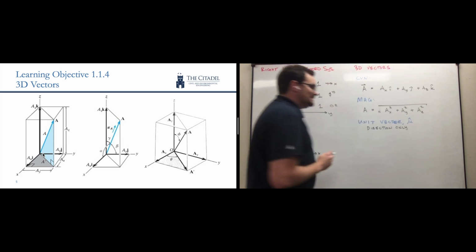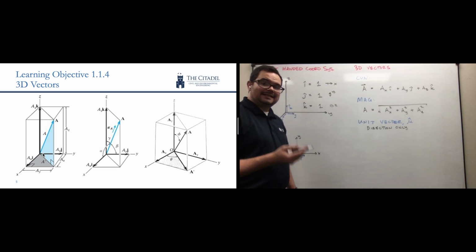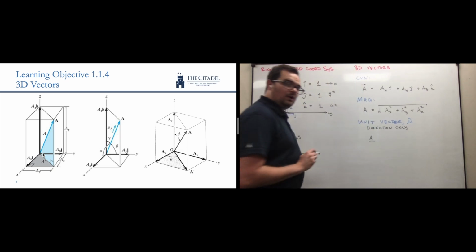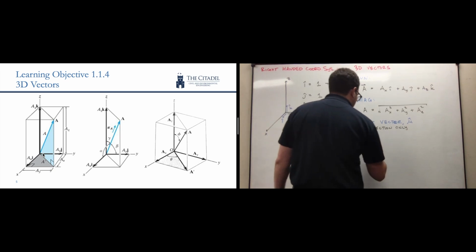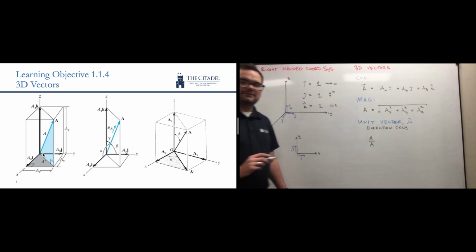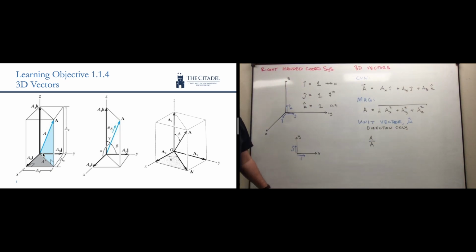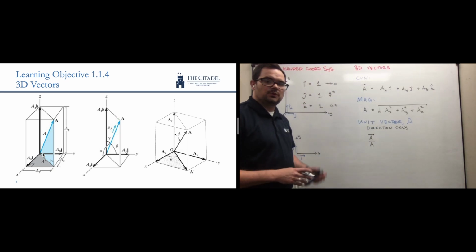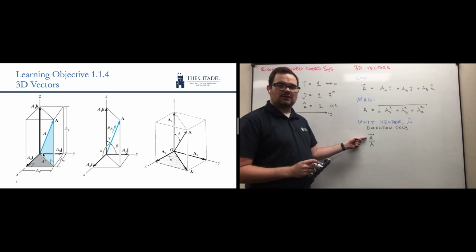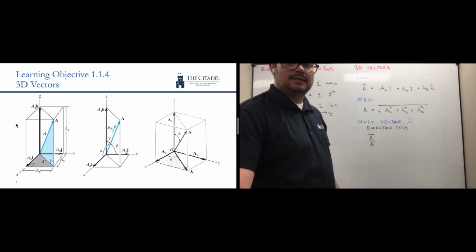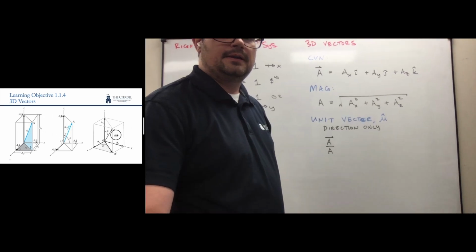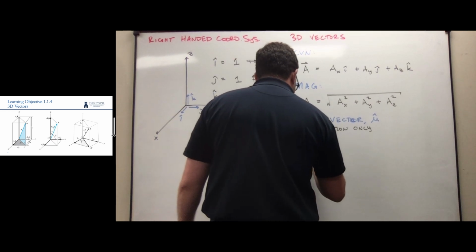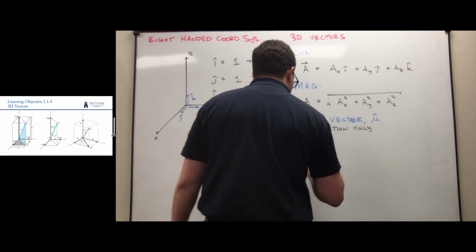So as we think about this, we want it to have a magnitude of 1. And typically, if we have a given value, to solve for the magnitude of 1, or to get a value of 1, we would divide it by the same value. So this would give us a value of 1. But in this case, we want to keep the direction piece. And so we're going to take our actual vector now, with its little arrow hat, and divide it by the overall magnitude. We're going to divide it by the magnitude. And this is going to give us our unit vector,